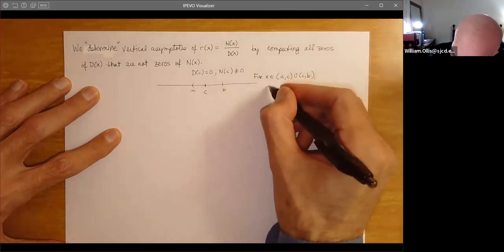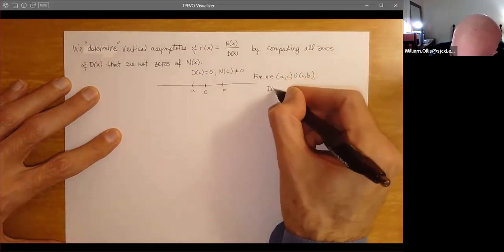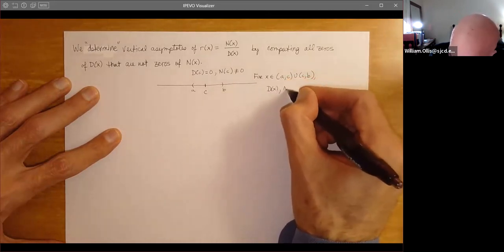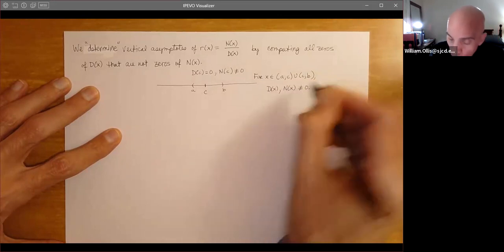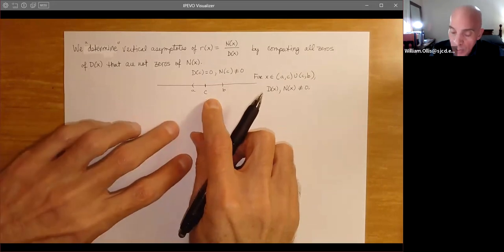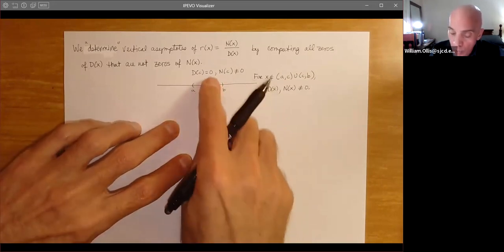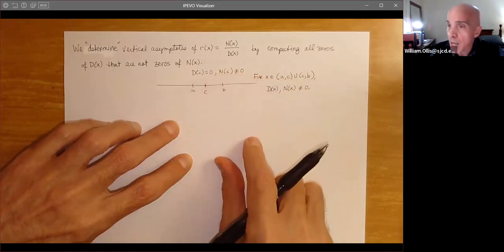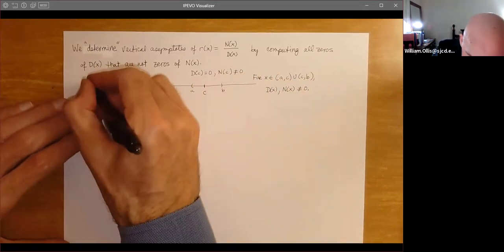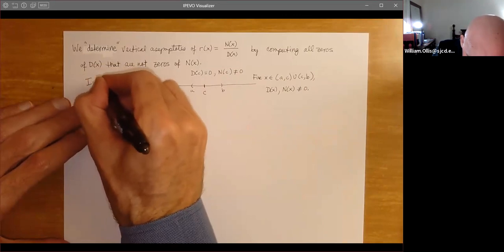For these X, D of X and N of X will both be non-zero. So when we're close to C, the only zero that we want is D of C. We want that to be 0, but everything else is non-zero. So this is what we call an isolated